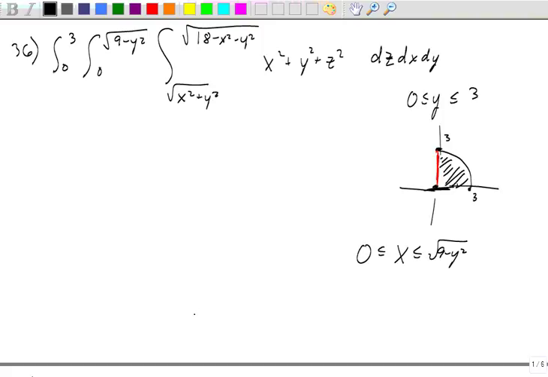And x is positive, so I just get that quarter circle. And then here, this is r, and this is the square root of 18 minus r squared. Well, actually,